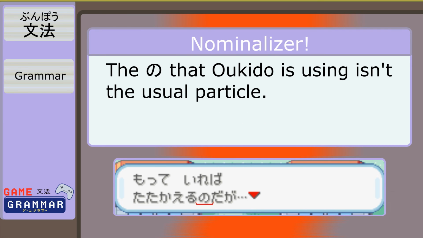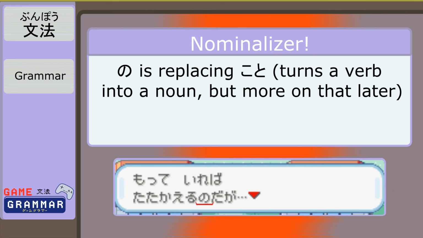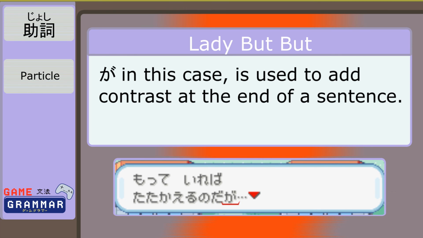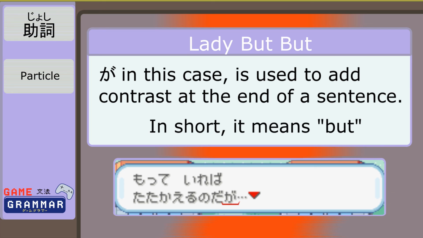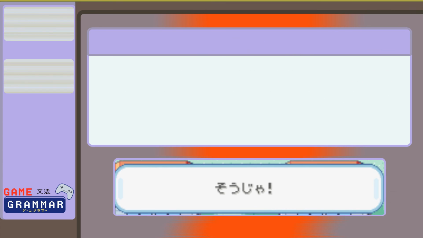This no isn't our normal no particle. It works just like the n we saw Oukido using before, replacing koto. Da means to be, and ga is something people add to the end of their sentences to add contrast to what they will say next, or make what they already said seem a bit more hesitant. Like in English, if you say but at the end of your sentence. Even here, if you are holding a Pokemon, you can fight, but...